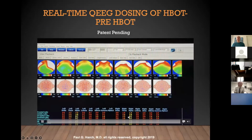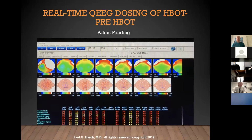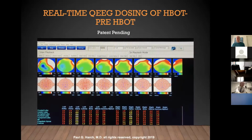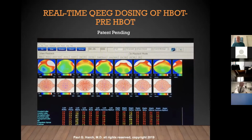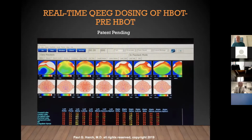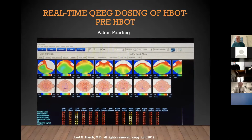So if we look at this live recording, you see this is a 30 millisecond delay from what is in the brain to what is on the computer. But you see the electrical activity in the brain changing for all of these different frequencies. And this is done before going in the chamber. If we now look at this while in the chamber,